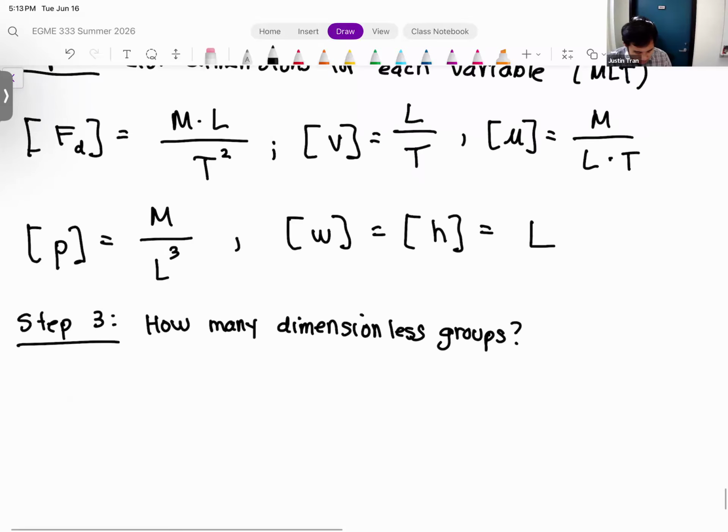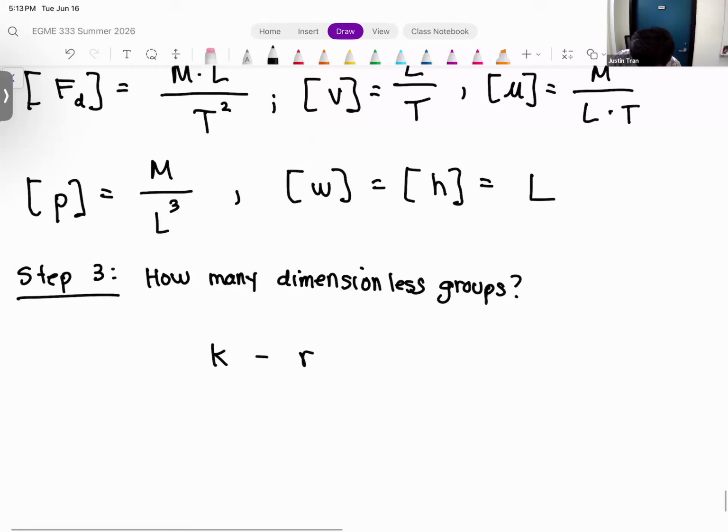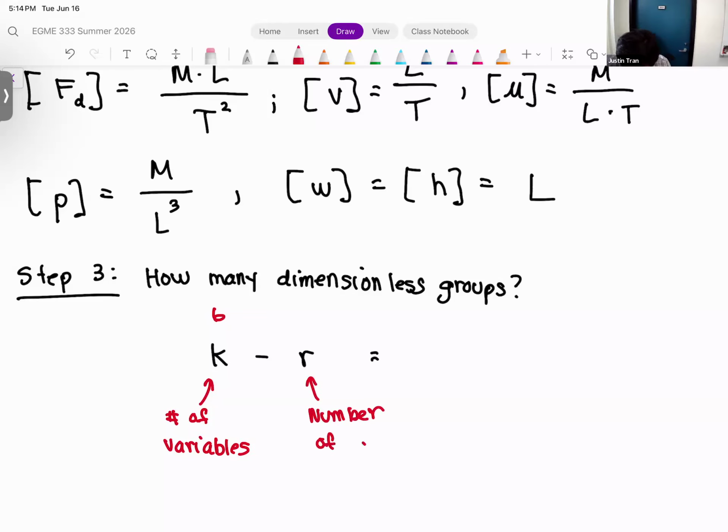Okay, so remember, for Buckingham pi, we just simply take the difference of k minus r, where k here is the number of variables that we have. The number of variables in this case is 6, so a little bit more than our previous one. And r here is our number of dimensions. Once again, we have all 3 dimensions represented: mass, length, and time. And so r is going to be 3. So the number of non-dimensional numbers, the number of dimensionless groups in this case, is 6 minus 3, which is